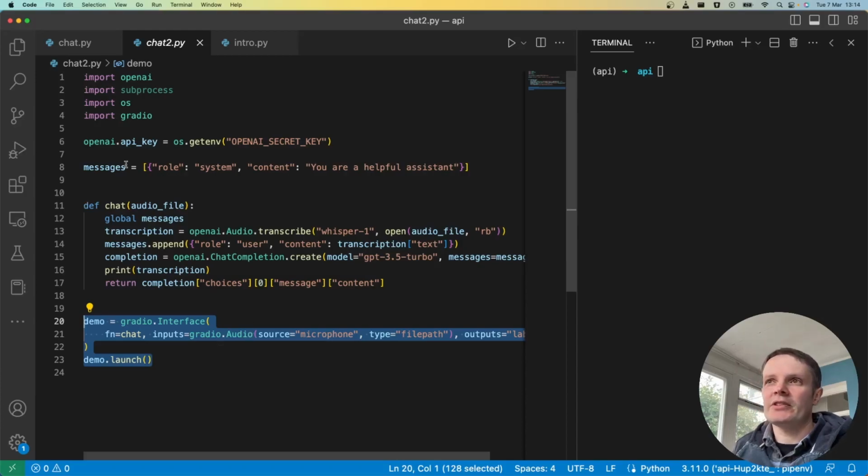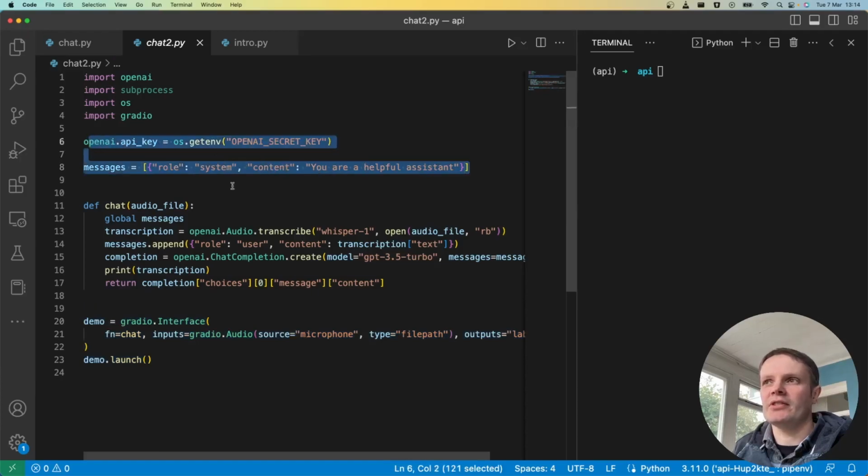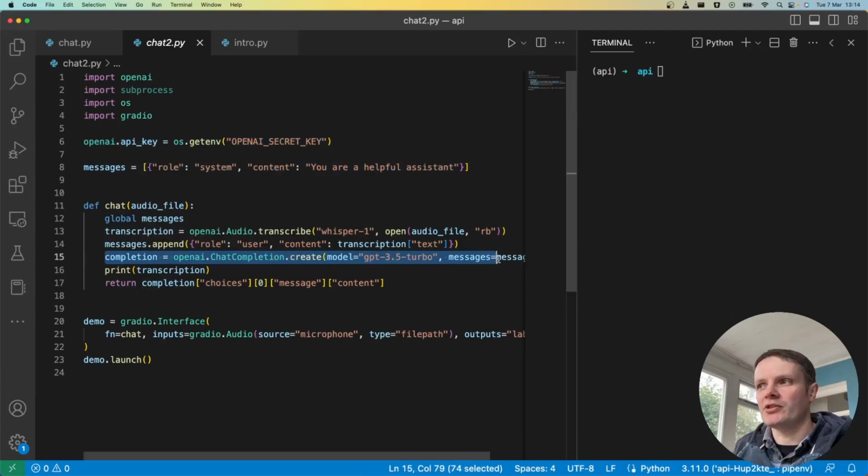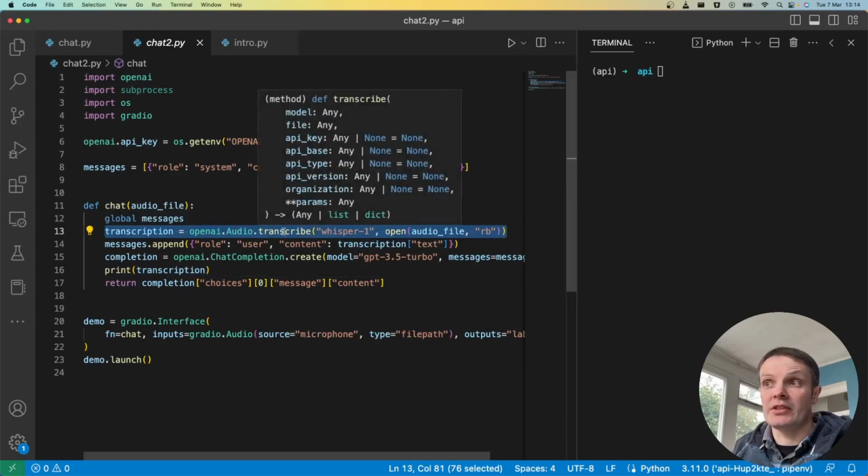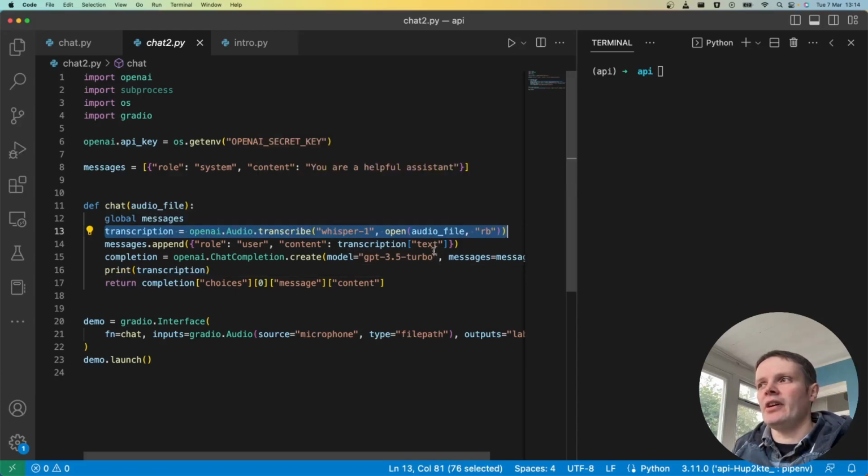So you can see we've got a very similar setup to what we had before. We are prompting it as a helpful assistant, and here we call this chat completion create with the same model, the GPT 3.5 Turbo model. And here we're doing something slightly different in that we're going off and using the OpenAI audio transcription API and using an audio file that is brought in